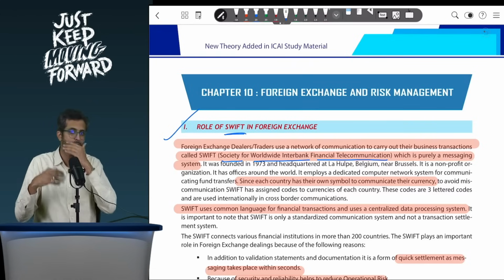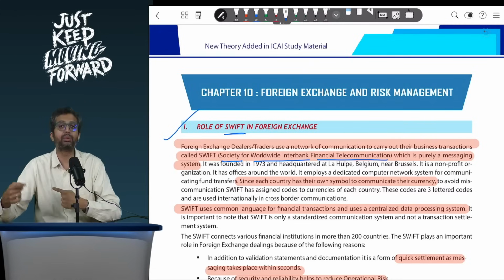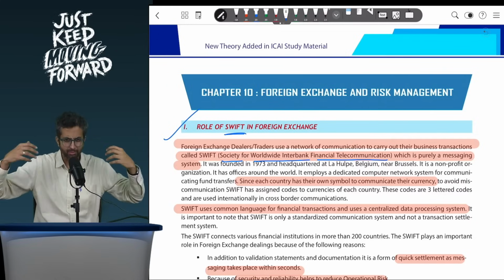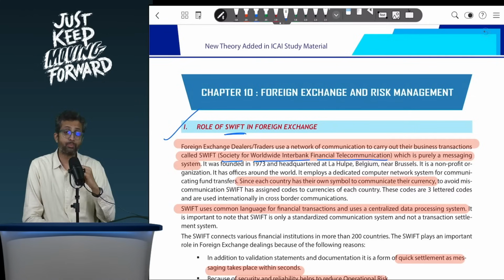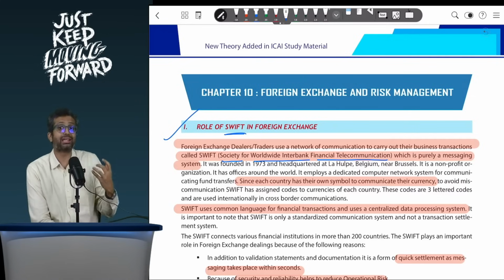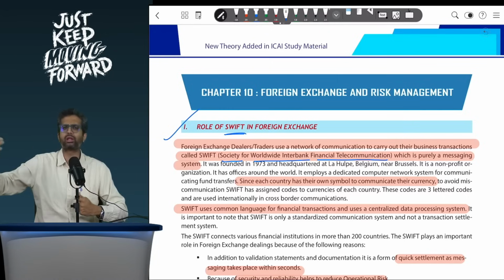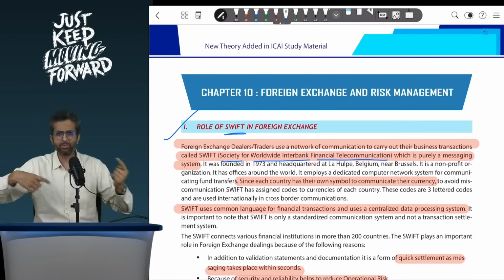So SWIFT is not a settlement system like RBI's clearing house, etc. They have a settlement system. SWIFT is just a messaging platform. It is a messaging platform, I think, which is based in Brussels or in Belgium somewhere. So it is a messaging platform where all the registered foreign exchange participants, if they want to do an international remittance, let us say in India, RBI has a platform whereby money can be transferred anywhere between